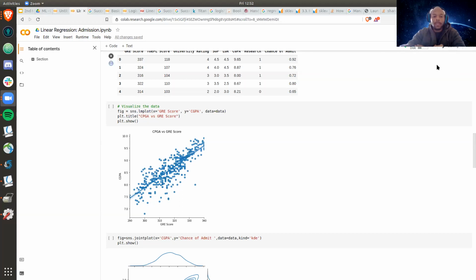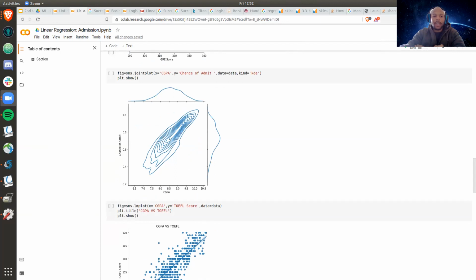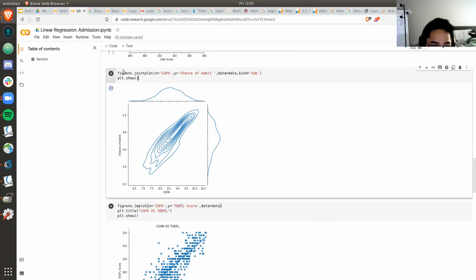Okay. Go down to the second model, and this time we're using GPA and chance of admit. With this model, we're seeing, whoa. I don't know anything about this one, so sorry. This one's actually a faulty one, so describe that one.